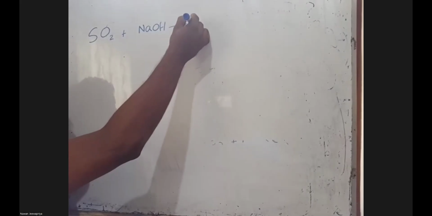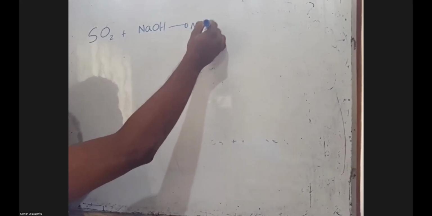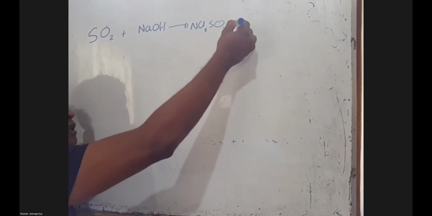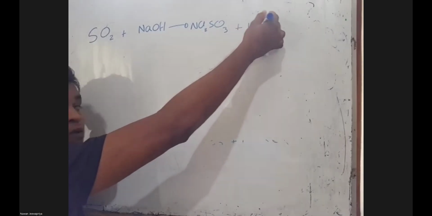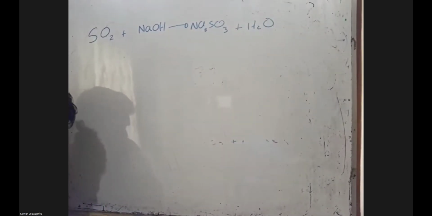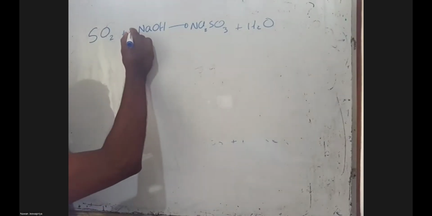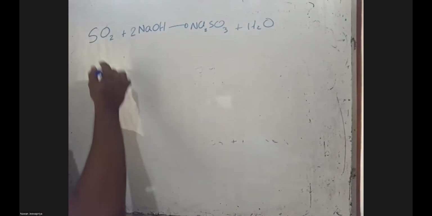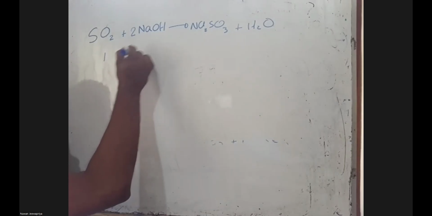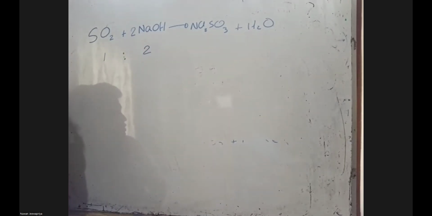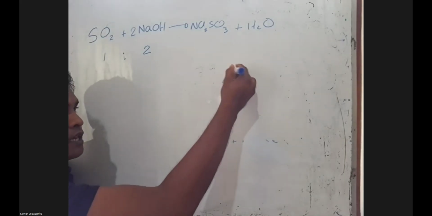That gives Na2SO3 plus water. So this is the reaction, and when we balance it, it's 2 sodium hydroxide, so the mole ratio is 1:2. Mole ratio is 1:2. So when I concentrate on this sodium hydroxide,